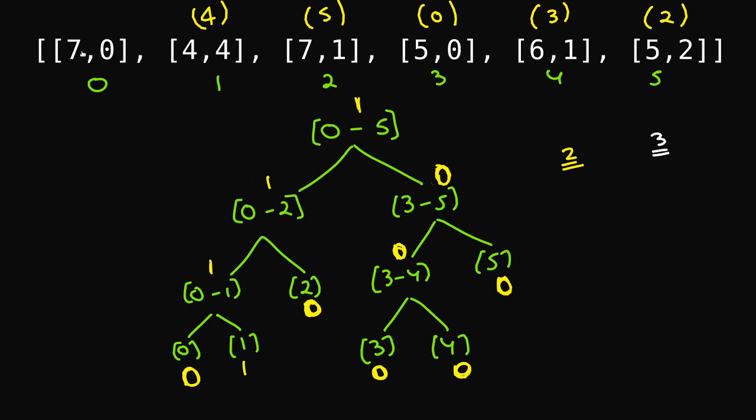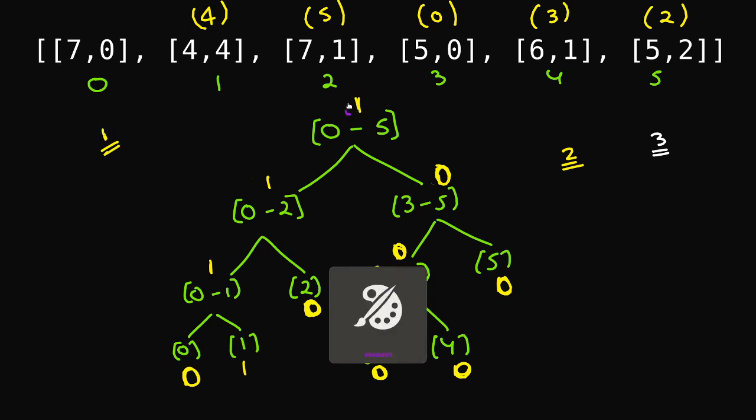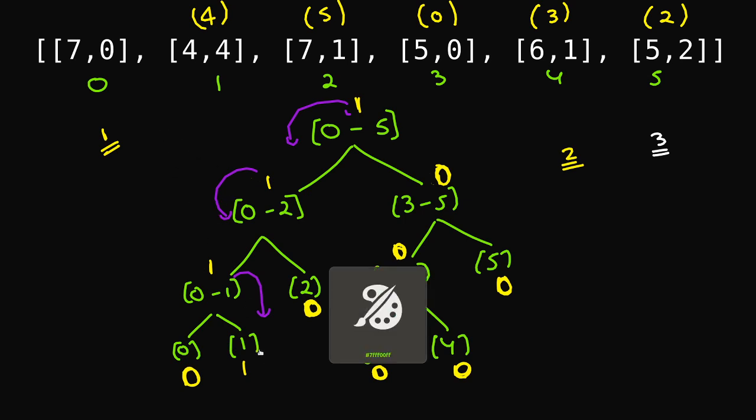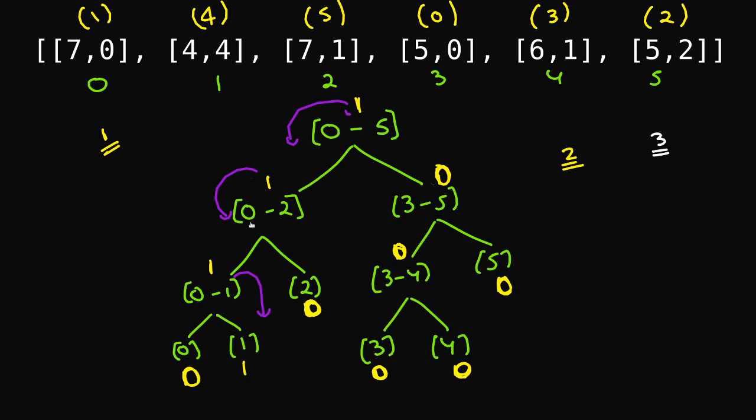The last element 7 comma 0, of course if it's a 0, then I need to place that at position 1. So I need to find the first one in the segment tree. You can start from here, and you will realize that you just go all the way down to this particular index, which is index number 1. Okay, and that's what you do. So you'll just put this 7 comma 0 at index number 1, and that's it. We are done. So we'll be just updating this as 0, this is 0, this is 0, and this is 0, and that's it. We are done.